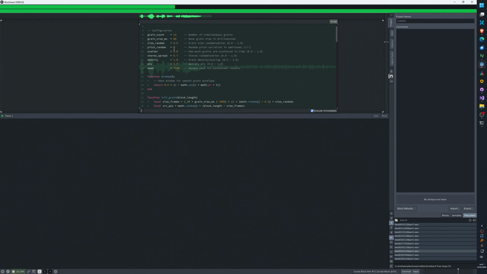How much grain? Grain density, overlap. Size randomization.